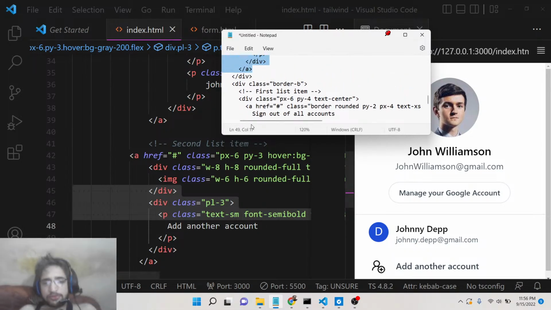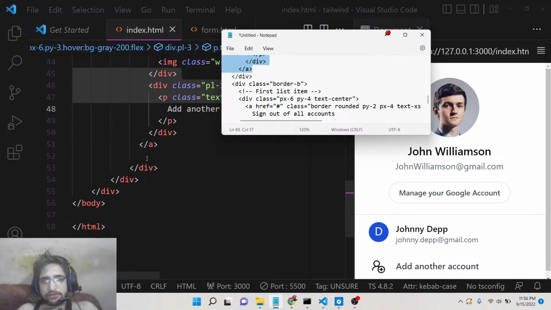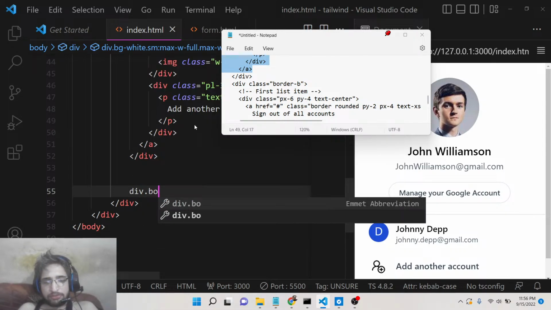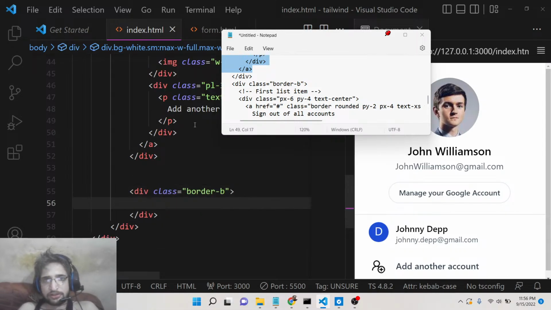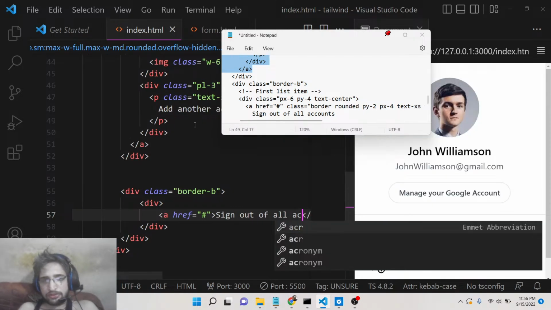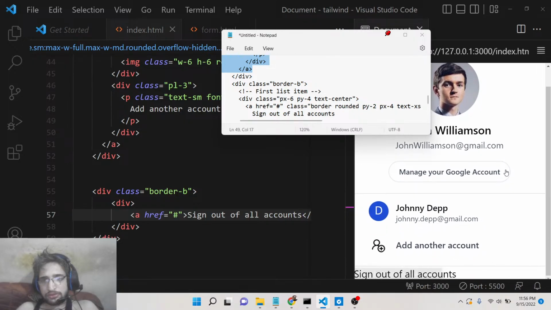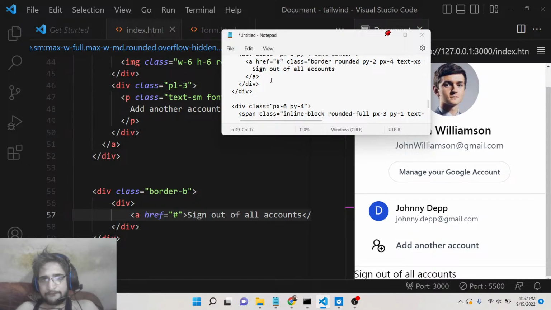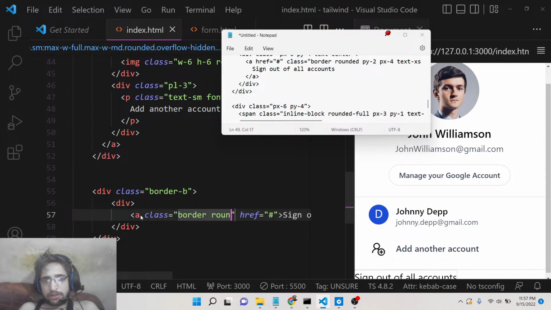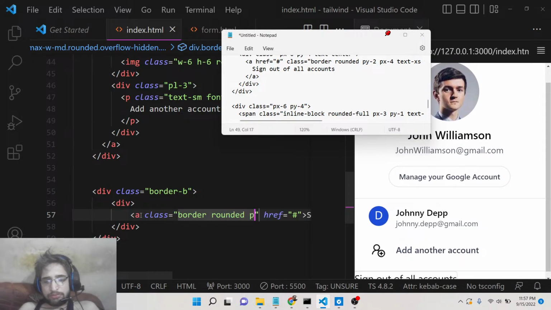Then guys, what we do is that after this anchor tag is there, after this div we will have another section. This section will again have this border B class. Here we will have the text sign out of all accounts. So we need to style this sign out. We need to give it a border, round it, and py2